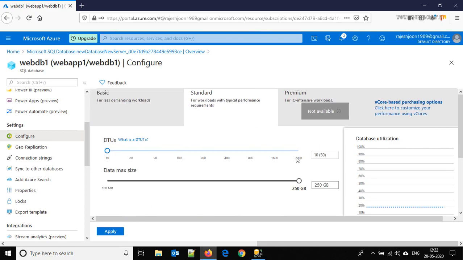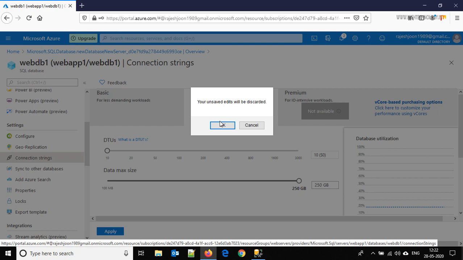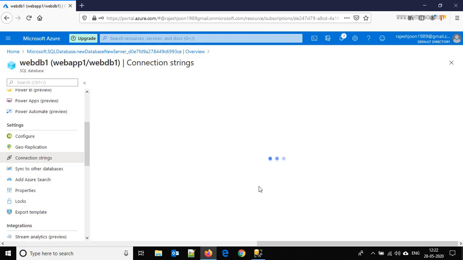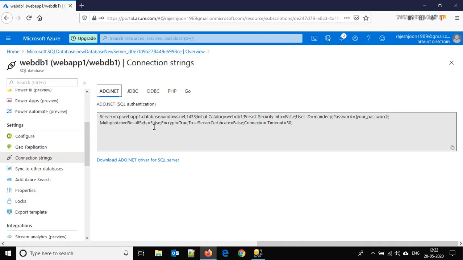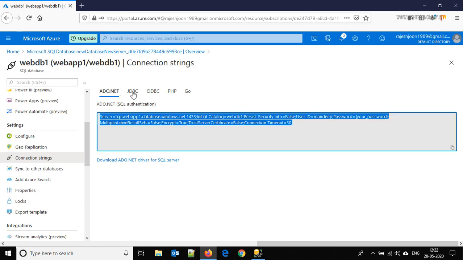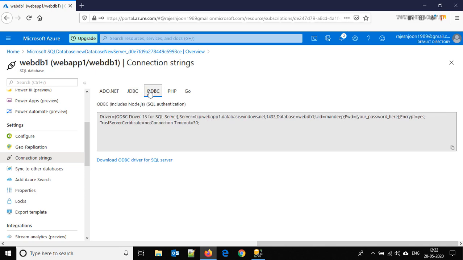So these are the two types of purchasing models. And from here you can see the connection string. If you want to use ADO.NET, this is the connection string; for JDBC this, for ODBC this. Here you have to pass your password.